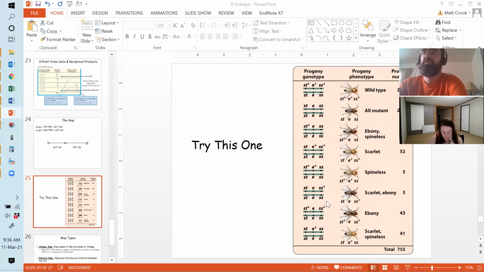You can just use a shortcut, right? So these are the ones at the bottom which we haven't added up yet. So the recombination frequency is those two, plus 3, plus 2, divided by 755 times 100